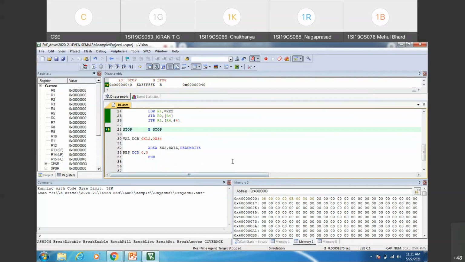We are counting the ones and zeros in the 2 consecutive byte locations. We need to read the data byte by byte. In each byte, 8 bits are to be tested. So that's why we have taken a nested loop. The outer loop is for the number of bytes to be tested, and the inner loop is for the number of bits in each byte to be tested. So this is how we have implemented.